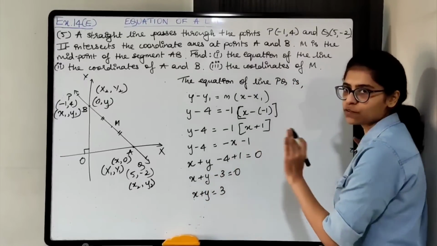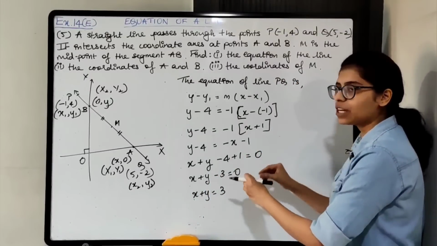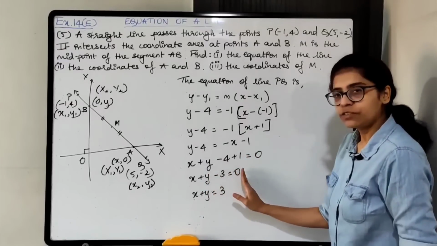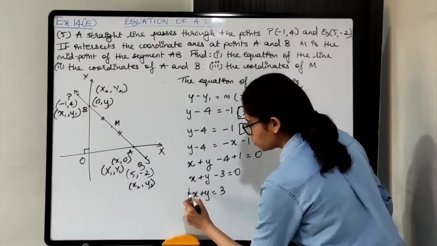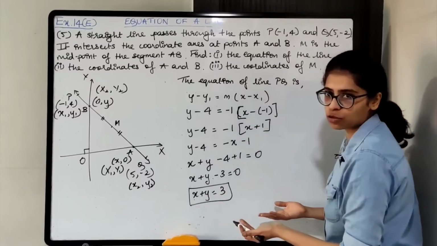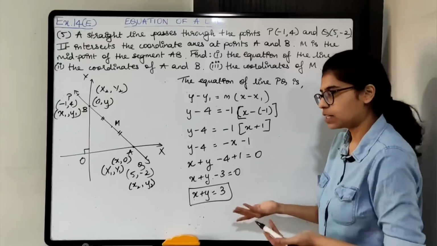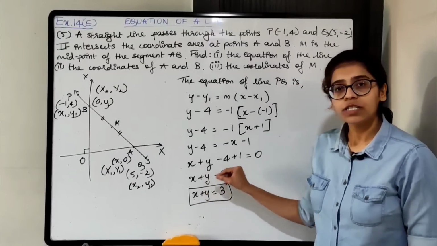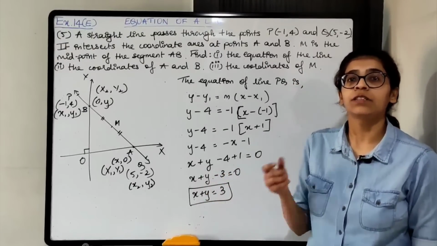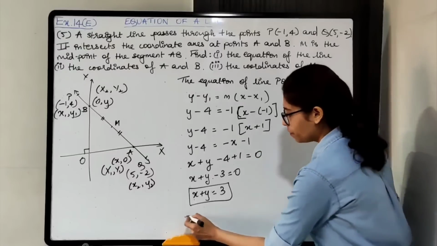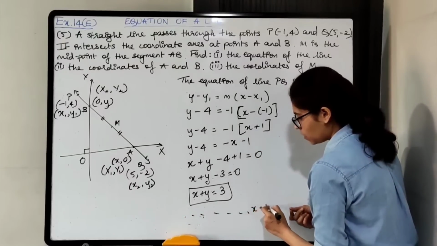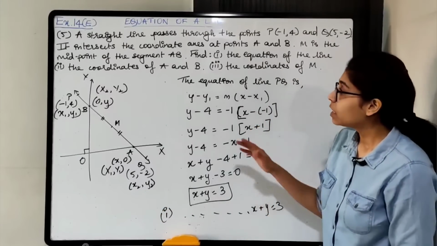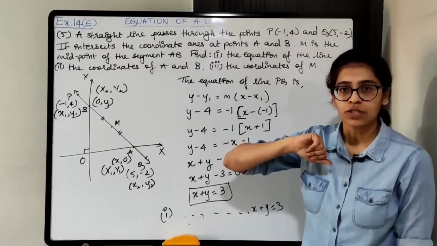3 negative है, so I've shifted on the other side. Basically we are trying to keep all terms positive. Okay, so we are shifting 3 on the other side, so it becomes positive. So this will be the final equation. You can write this also or in standard form also, that is also correct. Okay, so this will be the equation of the line. Box it and write down the final statement. The equation of line PQ is x plus y equals to 3. This is first part. Okay, now proceeding to the second part of the question.